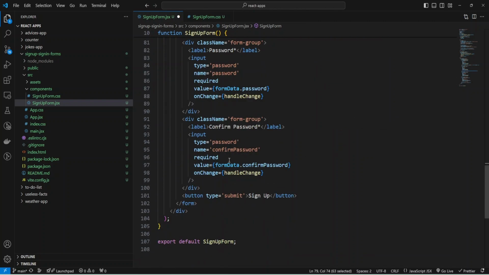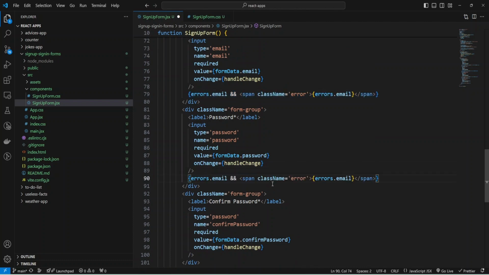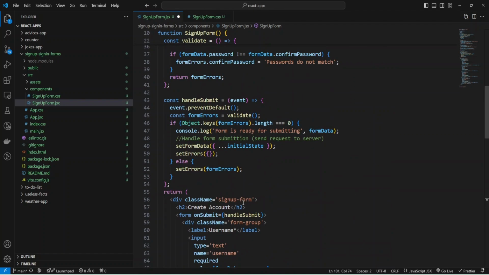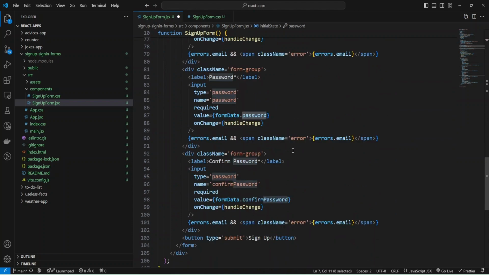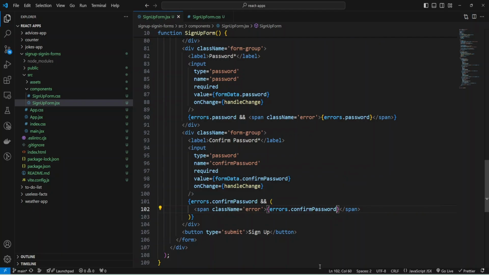Copy this error to password and confirm password, but change to password here and here, and also confirm password here and here. Save, and let's check what we have.